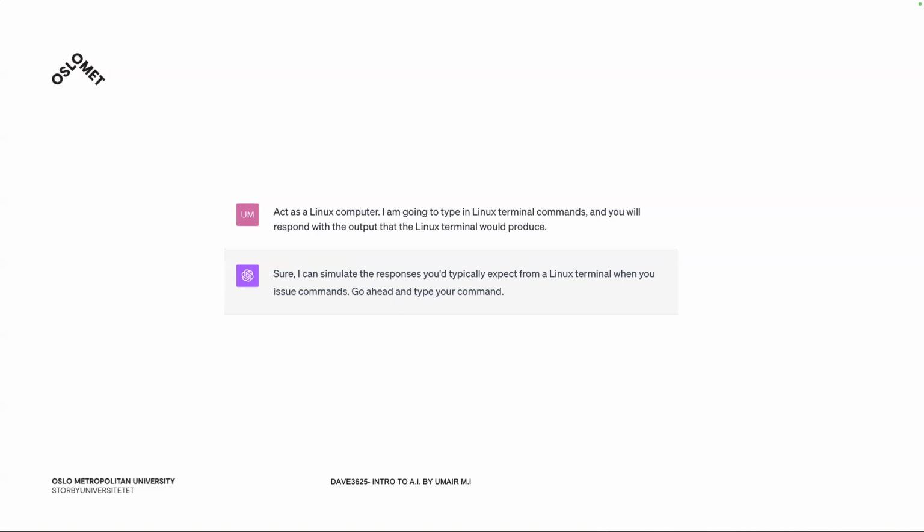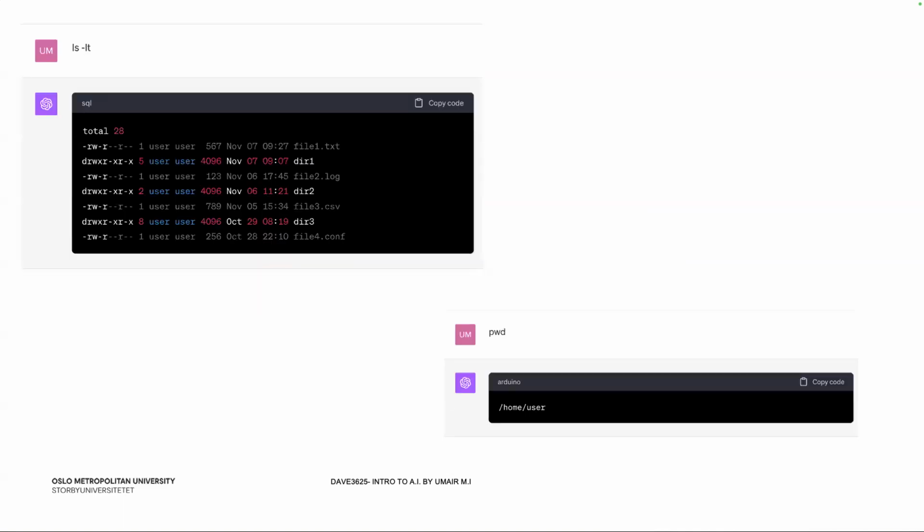You can also, as I said, force the model to, instead of acting like a person, act like an object. An object would be like asking the model to be like a Linux computer. And now when the model is acting like a Linux computer, you can ask it to do certain commands you would do to a Linux shell, and it will actually execute those commands. The result might not be an actual result. It's just a simulation. It's just a prediction, but it's acting in that specific way.